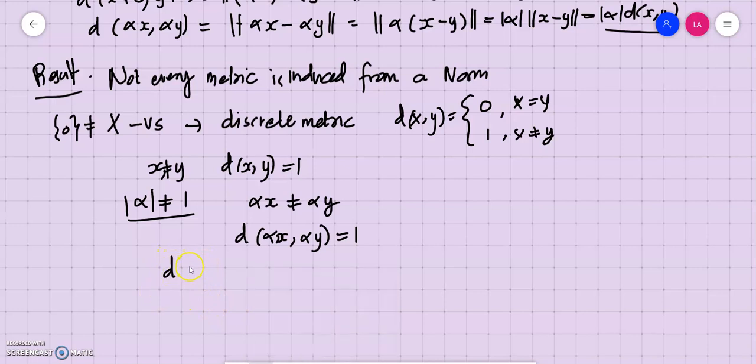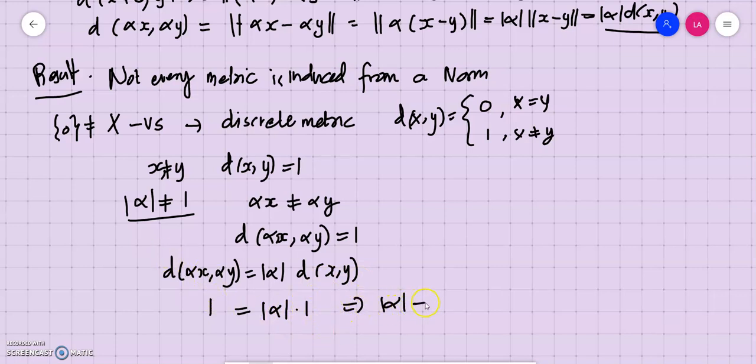For a metric to satisfy the translation invariance property, d of alpha x, alpha y should be equal to modulus of alpha into d of x,y. Now d of alpha x, alpha y is equal to 1 by our assumption, and modulus of alpha into d of x,y is also modulus of alpha. So this implies that modulus of alpha should be equal to 1, which is not true,